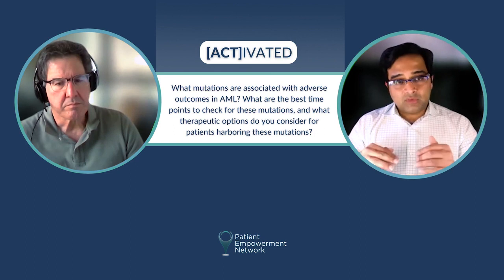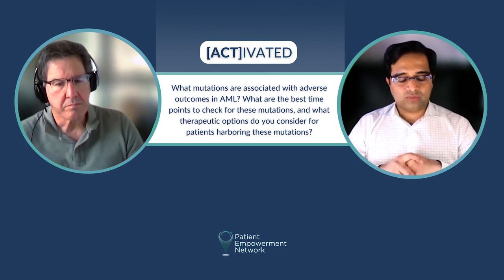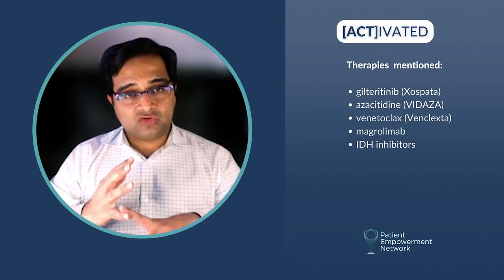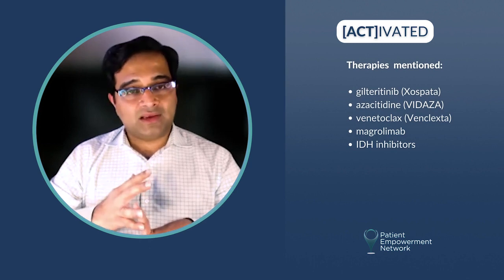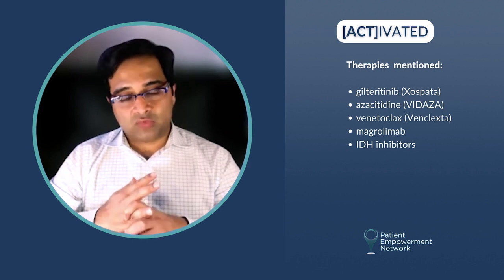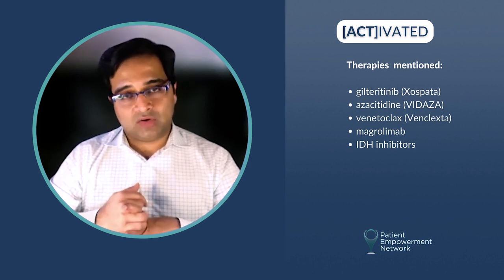In the relapse setting, the 3 most important mutations today are FLT3, IDH, as well as MLL NPM1. FLT3 inhibitors like gilteritinib are already approved. Similarly, IDH inhibitors and combinations of gilteritinib or IDH inhibitors with venetoclax or azacitidine are really showing very good outcomes,